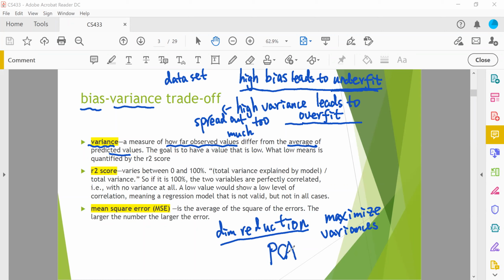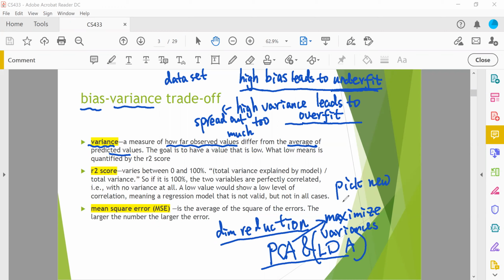PCA and LDA. Very good. You can send your answer to the chat, okay? And trying to maximize variance is PCA. Okay, it's PCA. And LDA is meant for data with a lot of sparse zeros. So that's LDA. So to maximize the variance, is it? It's not exactly maximize, we pick some